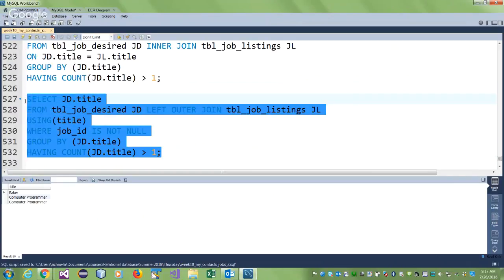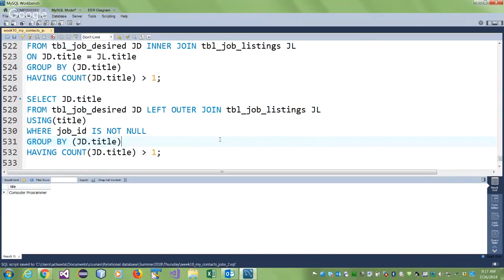So if you run this, there you are. There's your answer. Right? That takes care of